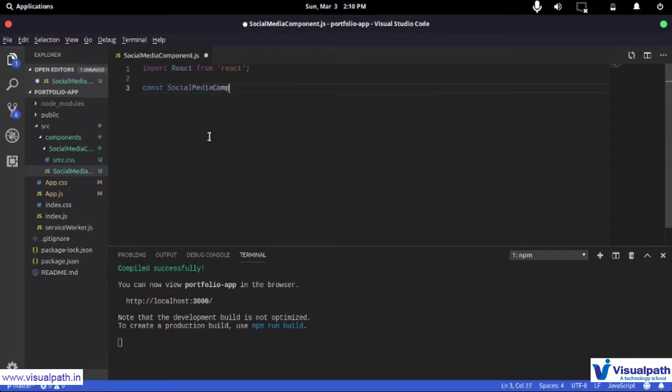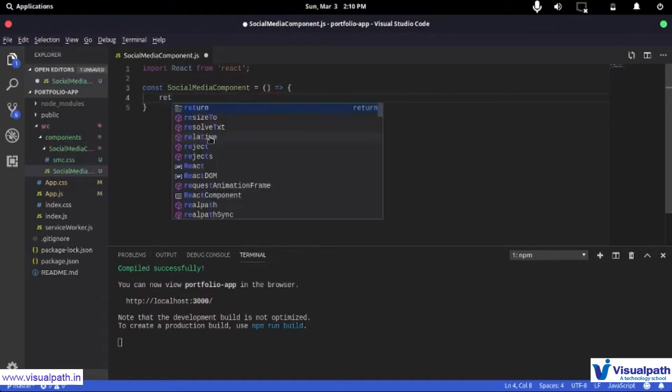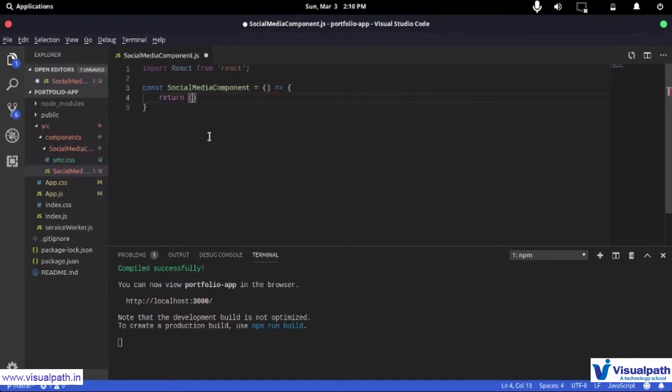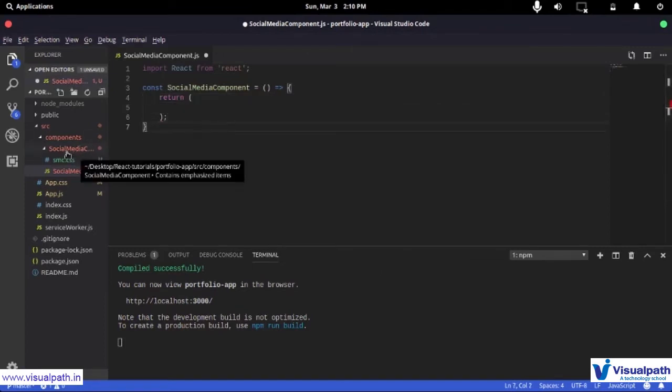media component. Now you might be thinking already that I'm writing this a lot, and the thought might come to your head that why write this over and over again when you are saying up top that it's a social media component and you are naming the whole thing over and over again. That just makes it easier to read when you are working with a bigger project. I like to call my components with "component" so that I can have a clear vision of what they are and how they are going to work and what purpose they serve.